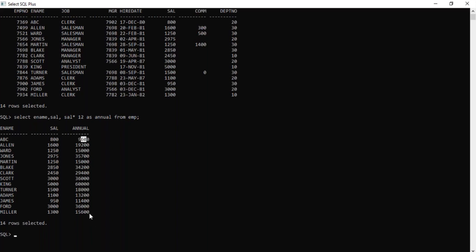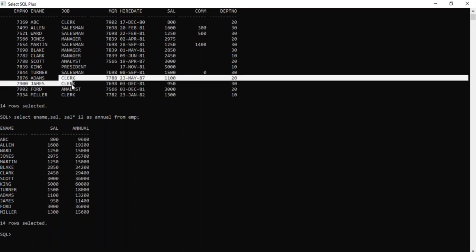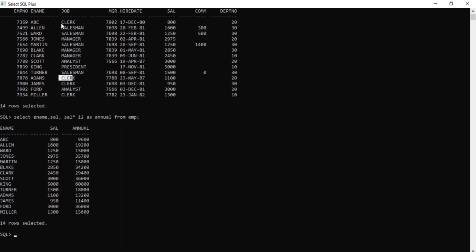When you give an alias name of two or more words, you need to use quotes, otherwise it's not required. From table emp, now see here, 96,000 will come, multiplied by 12. So annual salary, like that it will work.